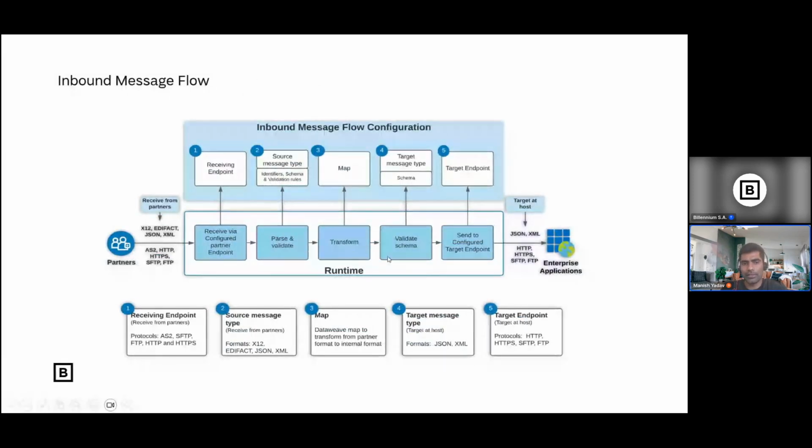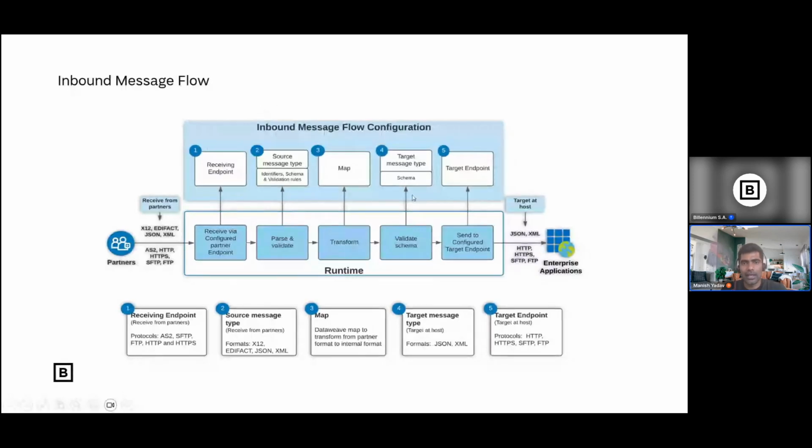So what I said, the inbound flow means you are receiving an order from the partner and submitting it into the SAP application or your organization's application. If a partner is communicating with the supplier, it is nothing but B2B communication. B2B communication has some sort of standard, might be EDIFACT, might be X12, might be JSON, or might be XML format. So they submit the purchase order over X12.